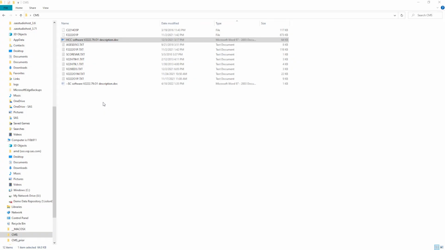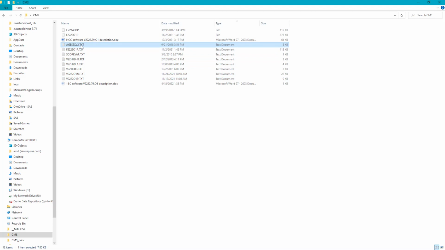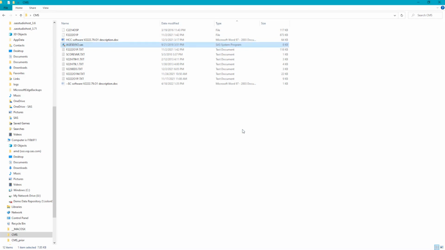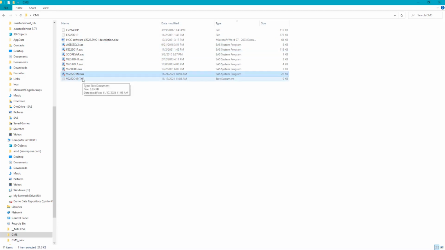The first step outlined in the instructions is to update the file extension of the 7 SAS programs from .txt to .sas, so they are recognized as SAS programs. Next, we'll set up a folder structure to organize the input data, project files, and expected output.